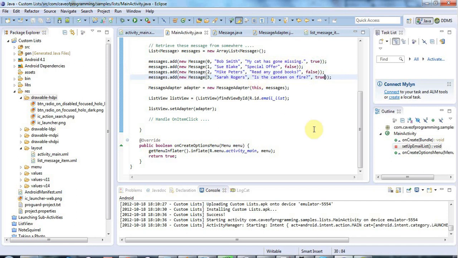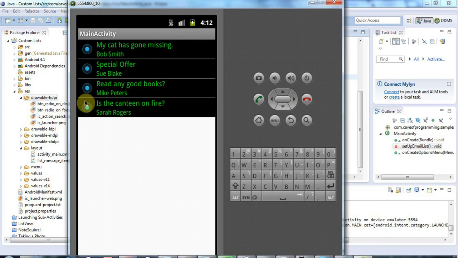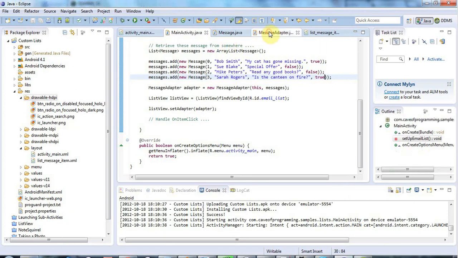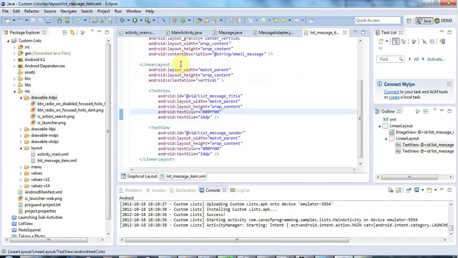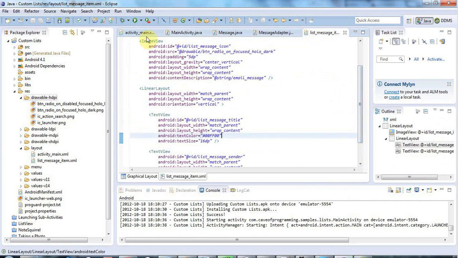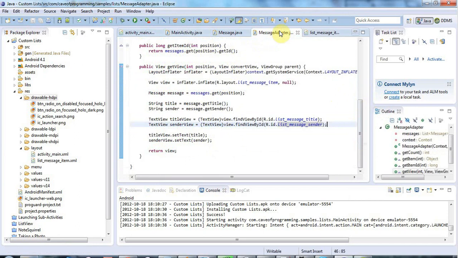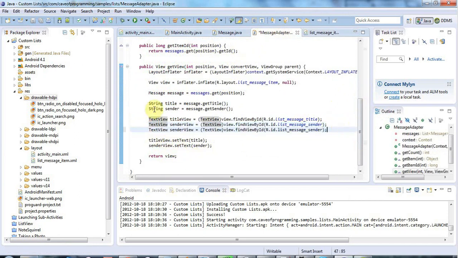Now the challenge is to give these a different icon depending on whether they've been read or not. So in my message adapter here, I need to get the image icon. I need to get this from the view so that I can change its icon. To do that, it's pretty much similar to getting a text view. Let's just copy that, and I'll say here image view, and I need to cast the return value to an image view, and let's call that icon view, and let's change this to r.id